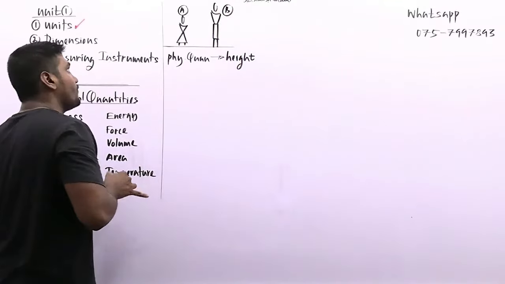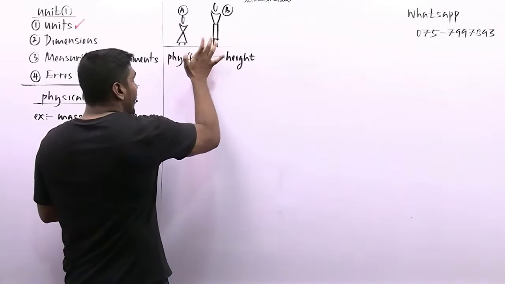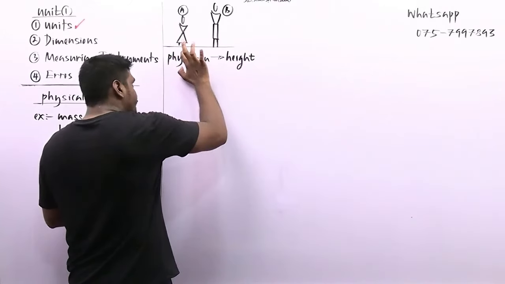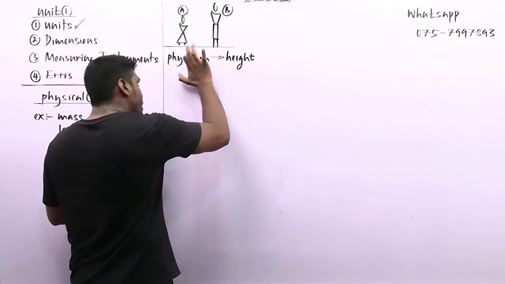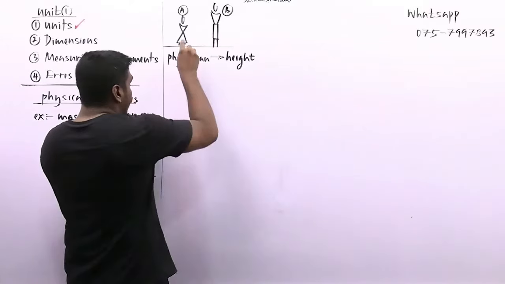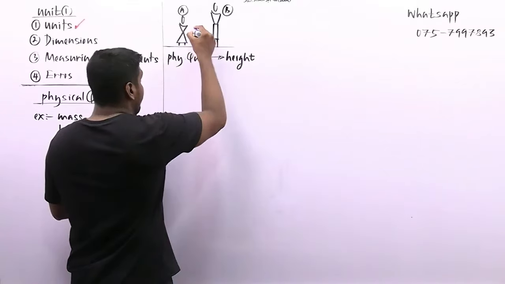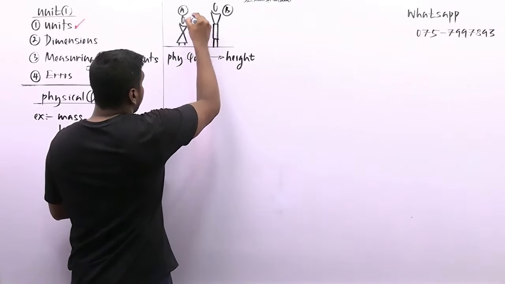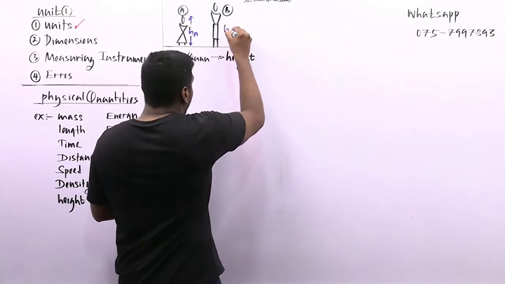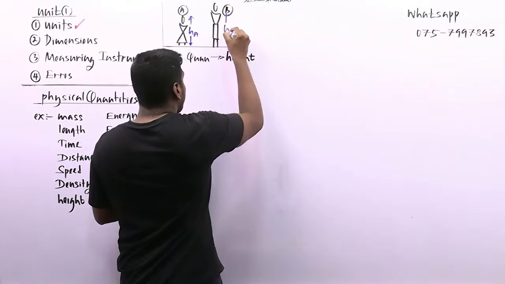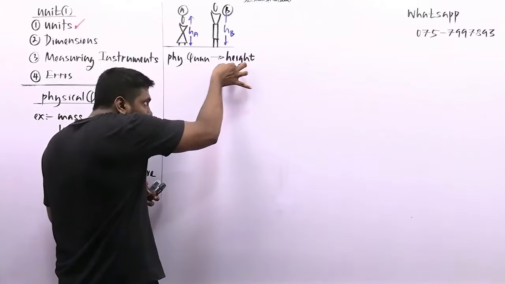Now I want to measure their heights. Then I can explain their heights qualitatively. If not, I can measure their height quantitatively also. Let's say the height of person A is HA, for an example, and the height of person B is HB. How do you represent the physical quantity height in a qualitative manner?